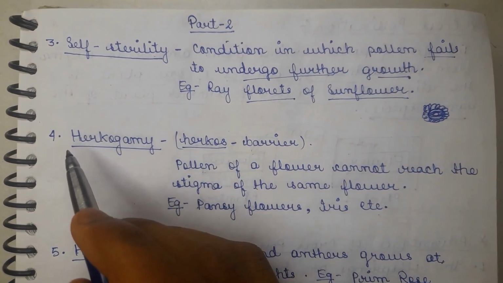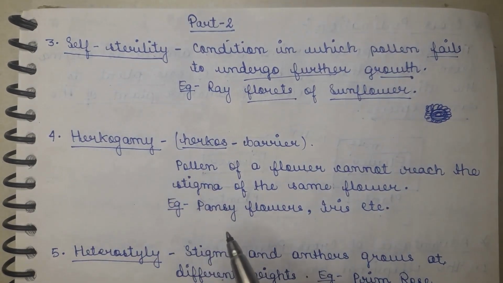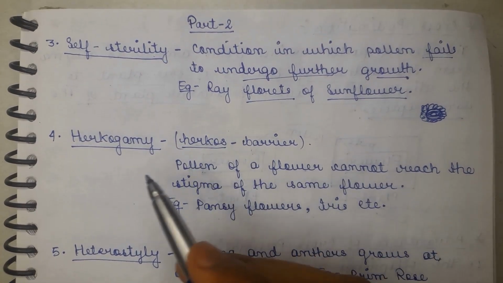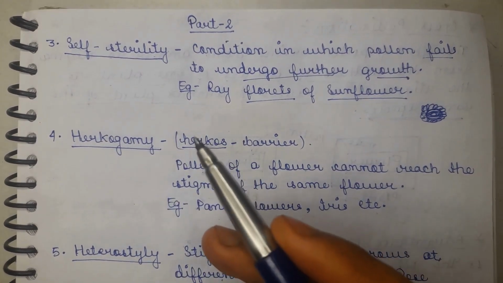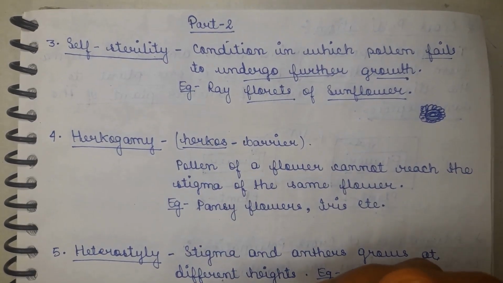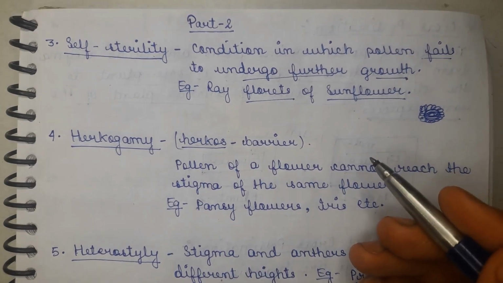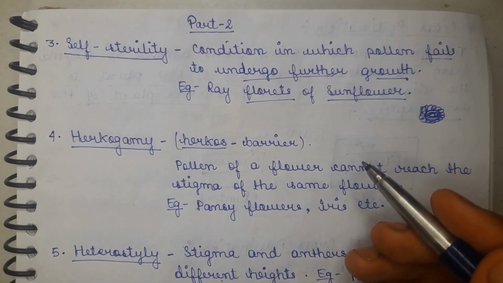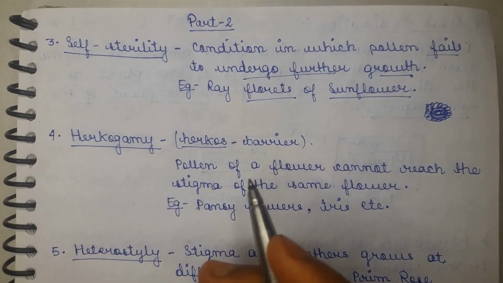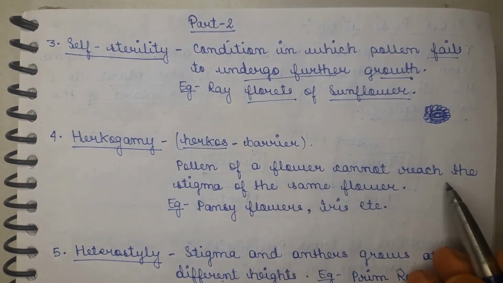Now the fourth term is hercogamy. Basically herco means barrier, or we can also say any structural or mechanical change that tends to form a barrier between the male and the female part for further pollination, or we can say fertilization. Basically hercogamy is a term in which, in some flowers, the pollen of a flower cannot reach the stigma